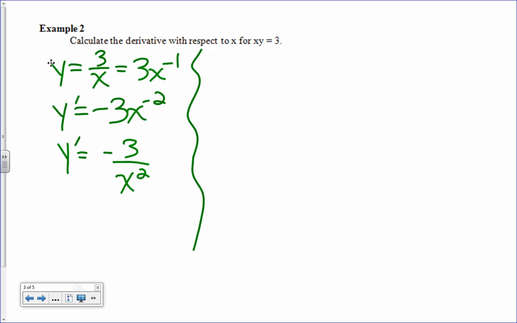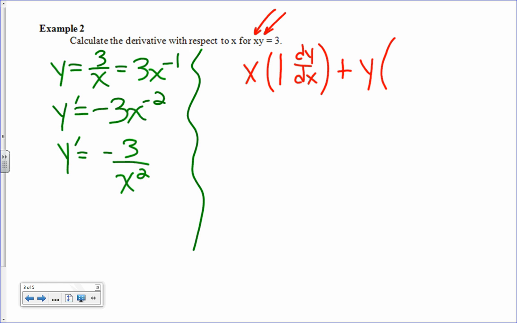Let's do it implicit. So this, unfortunately, is going to be product rule, right? So here we go. Hopefully this will help you see that it really could possibly still be getting derivatives. So first one times the derivative of the second one. Well, what's the derivative of y? It's 1, but it's the derivative of y with respect to x, right? Plus second one. Now this time I'll probably write it, seeing we're kind of doing it more implicit, okay? So now I gotta take the derivative of x, which is 1,